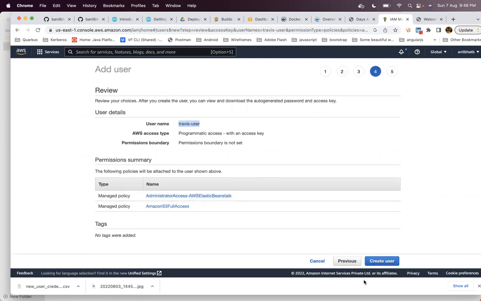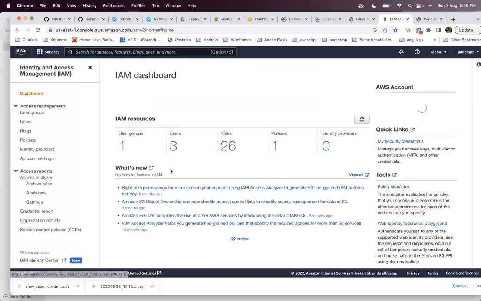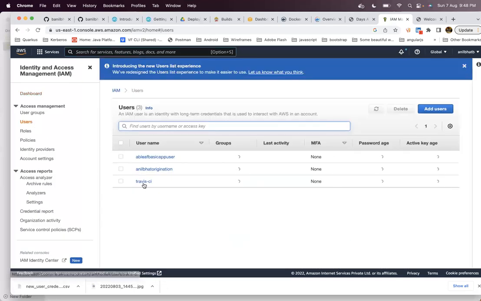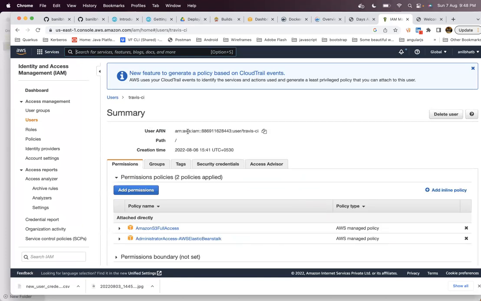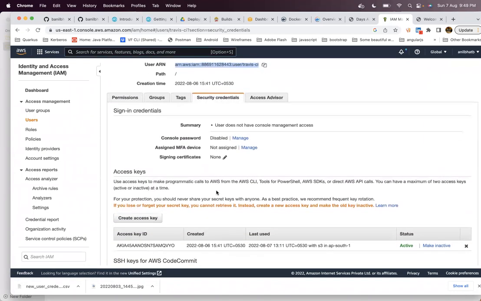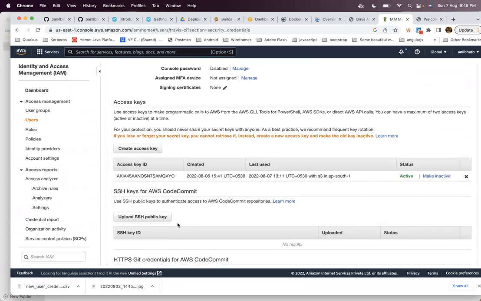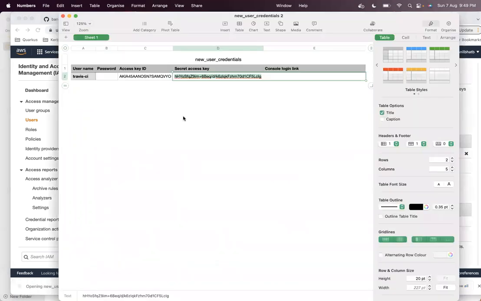Once you create it, it will create a user called Travis user. I have already created a user before, so I will just use the existing user with the same role. In the users, I already have a Travis CI user. I don't want to create another one. I have already downloaded its security credentials, the access key and secret access key, as a CSV file.